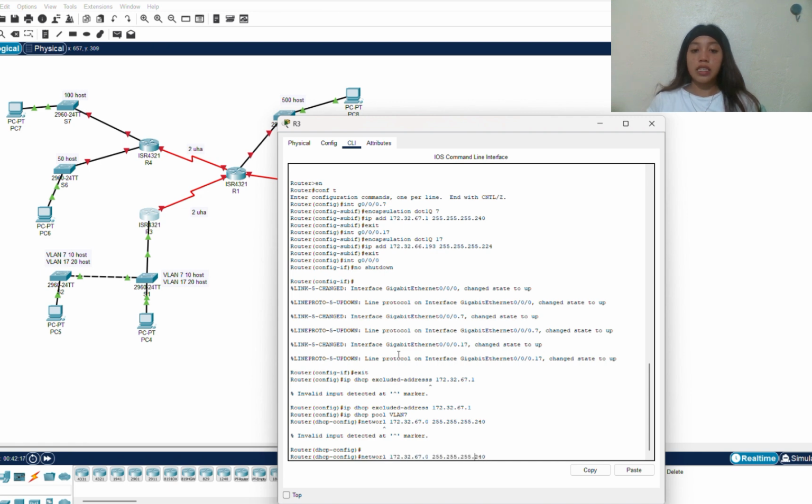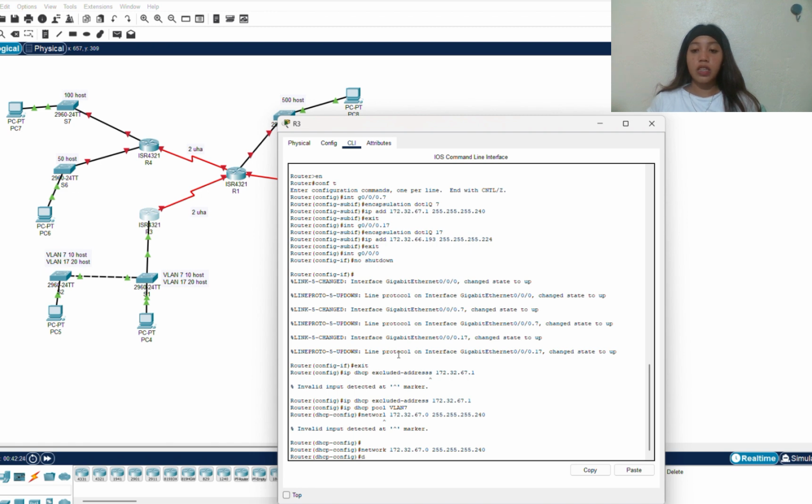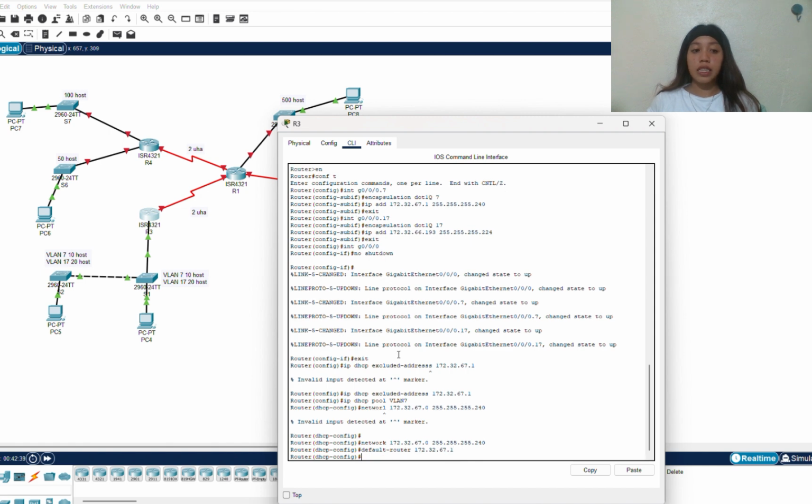We then add static routes to ensure all the subnets are reachable. On R3, we add routes like ip route 172.32.64.0 255.255.254.0 10.0.0